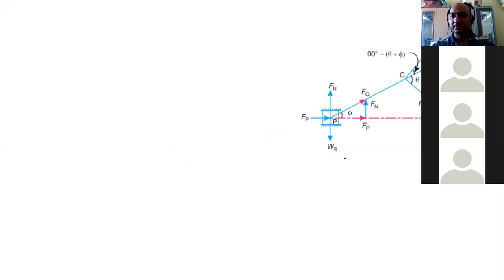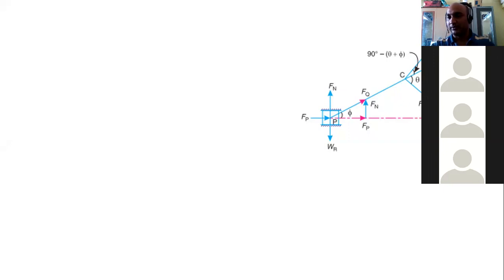Here you can see this particular figure that we have already drawn: FP, this is the piston, this phi angle, FN, FQ. The same FP will be here, but now we have referred to it as Fi, that is the inertia force. The weight is also there, which must be equal to FN. The same amount of force will be exerted on the cylinder walls, which is also part of this FP. FQ, FT we have seen, this is FB. The same force can be shown over here also, because this is a vector diagram. We can mention this FB here also, and this is FQ. We already saw in the last slide, FB is in this direction. This is divided into two, FB and FT.